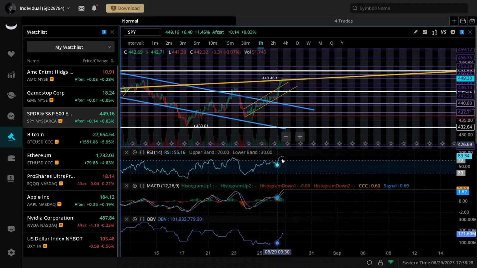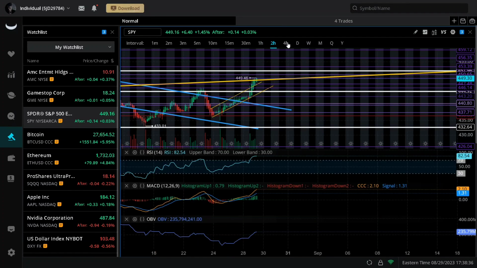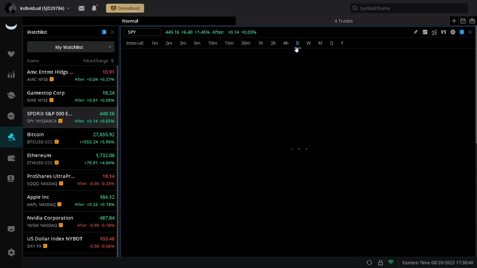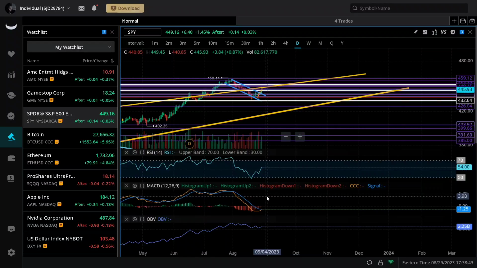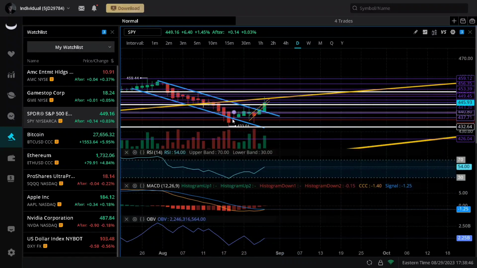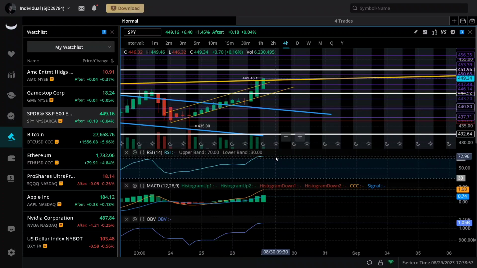You can also see that RSI is blown out the roof. You can see that it's blown out the roof here on the 1 hour time frame, the 2 hour time frame, even the 4 hour time frame; all of them are overbought. Now, I do want to point out here on the daily time frame that it's working on a MACD flip, trying to get a MACD flip. But if this bearish divergence plays out and you see a big push to the downside, that will not happen and you won't see that MACD flip.